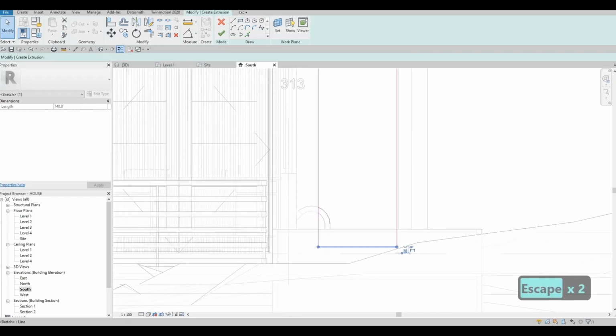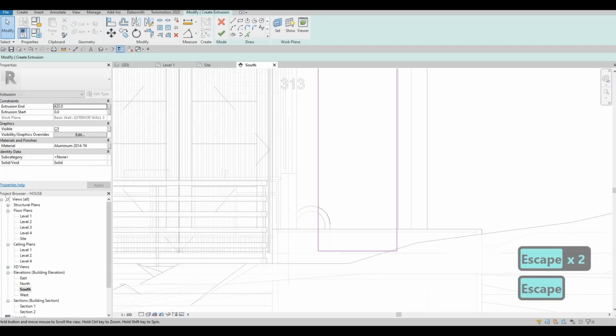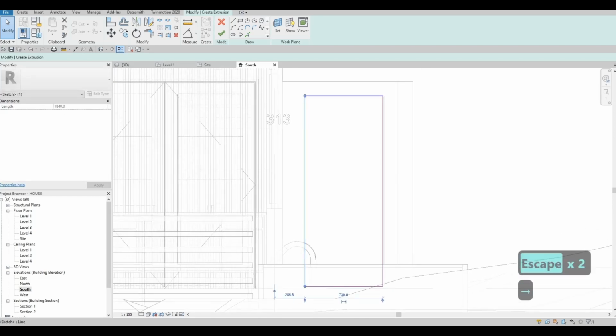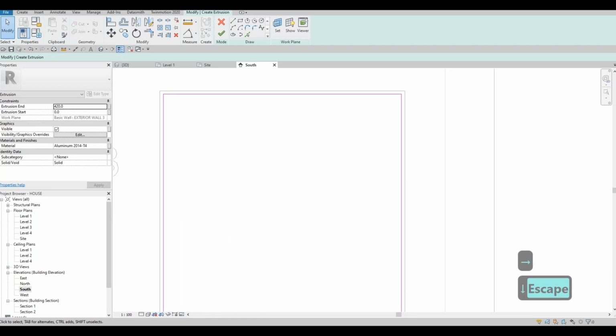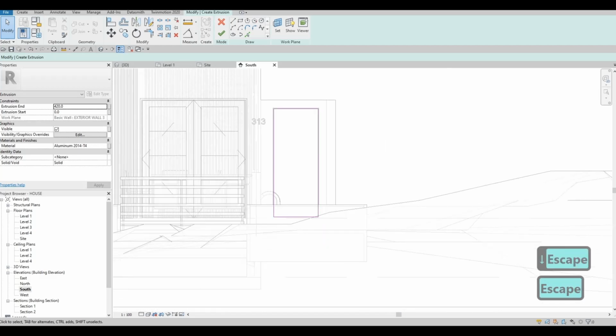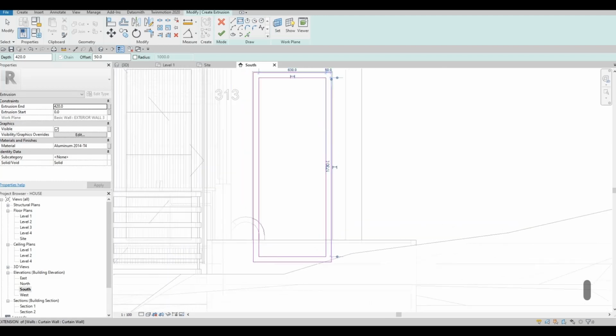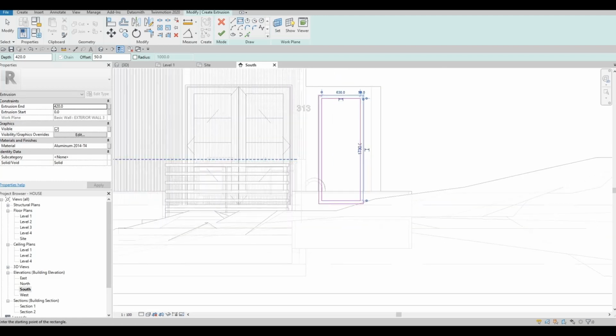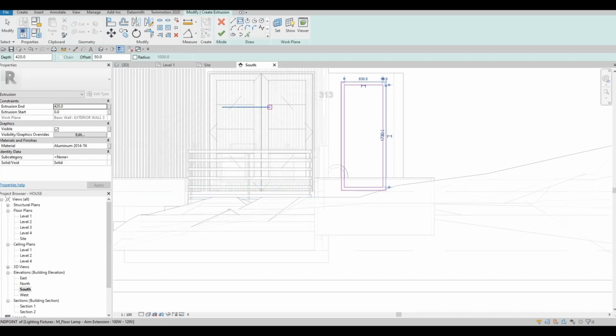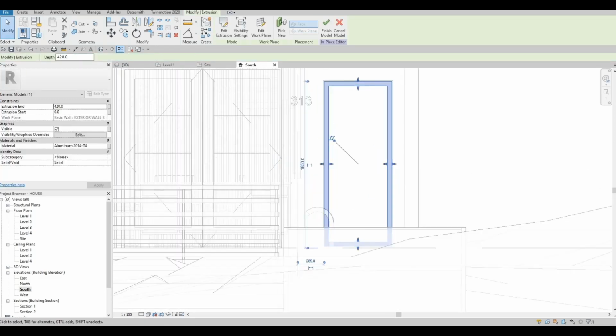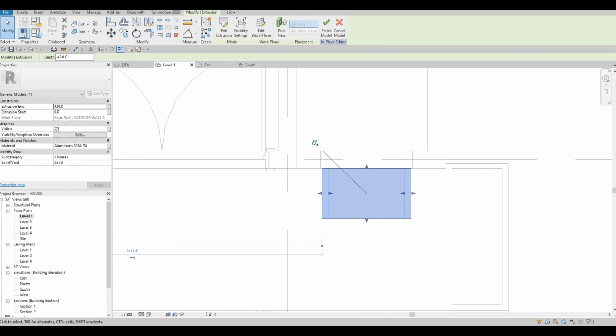So we have something until here that we could add, and then we could just give some gap similar to what we have already on this side. So we have gaps there, and then we could use offset, so that's offset of maybe 50, and then press spacebar so that it's from the inside, then there, click finish, and then it's gonna be a simple one, so we need to go to level 1, push it back